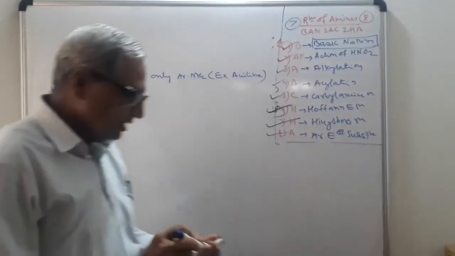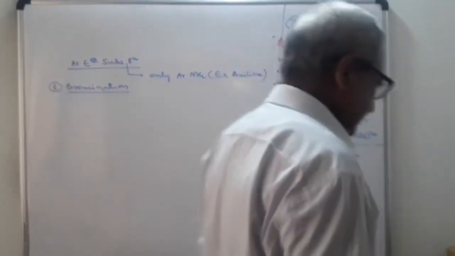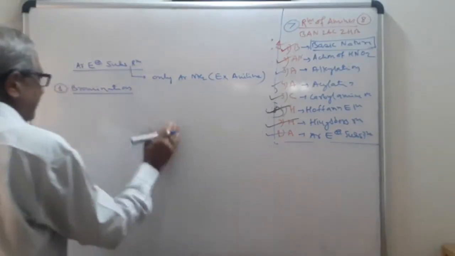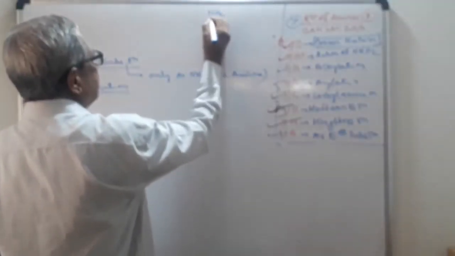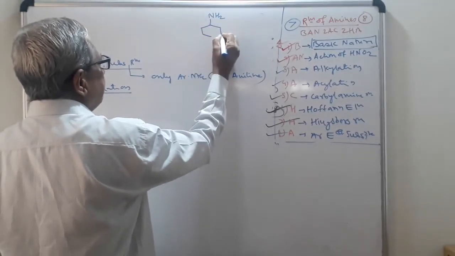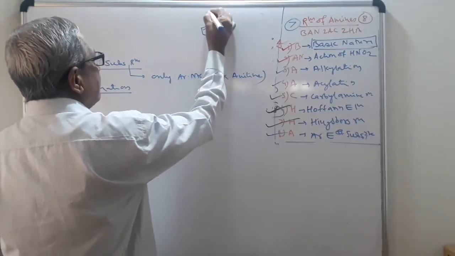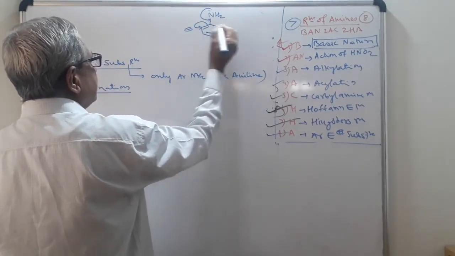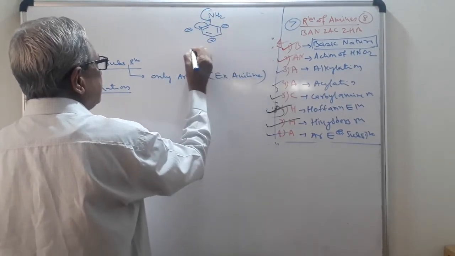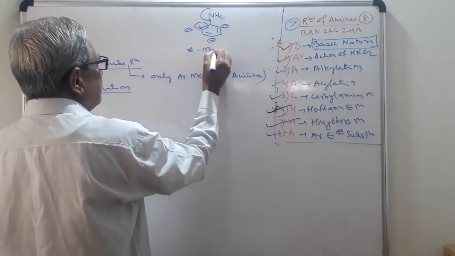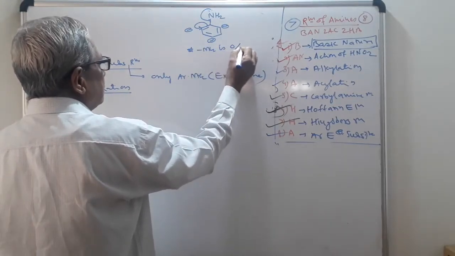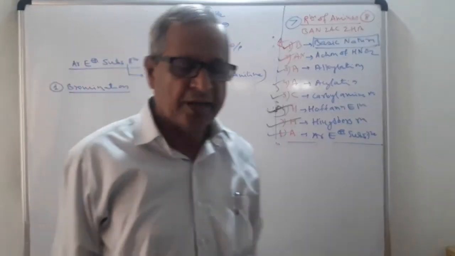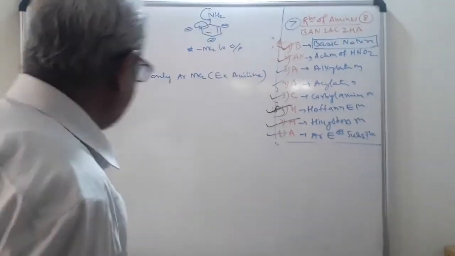When aniline is treated with bromine water, you will get the product. First I will explain aniline. See, this is the formula for aniline, NH2 on a benzene ring. You can draw the resonance here. So you will get the negative charge at the ortho and para positions. So the NH2 group is an OP director, and you will get two products, ortho and para. Now this is the important point.